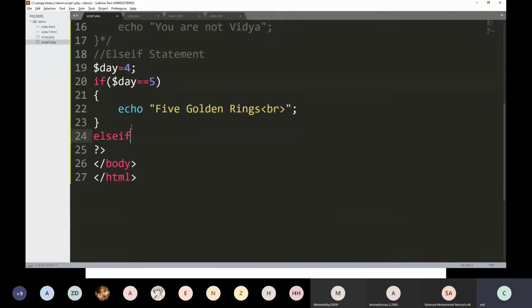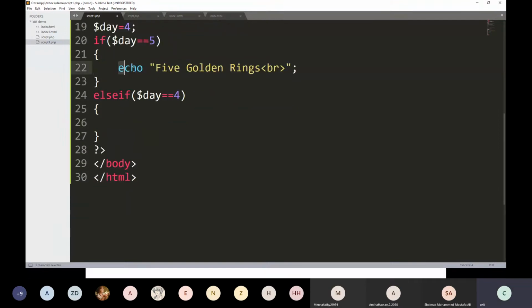Else if. $A equals 4, then print or echo 4.